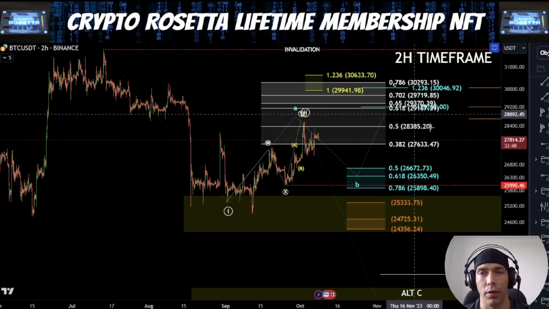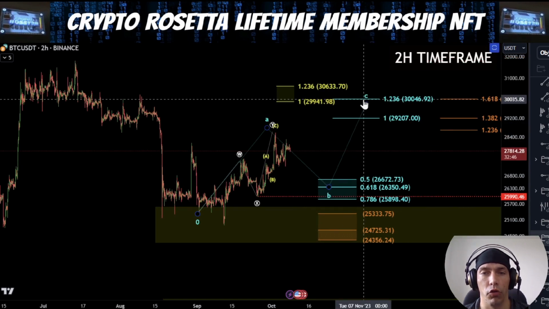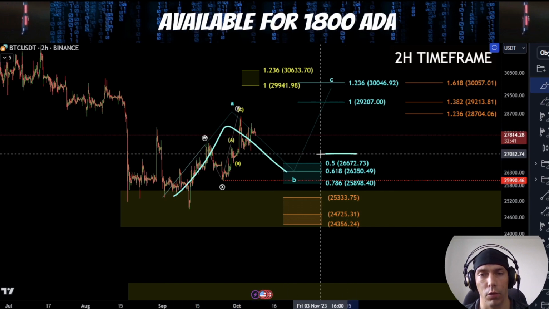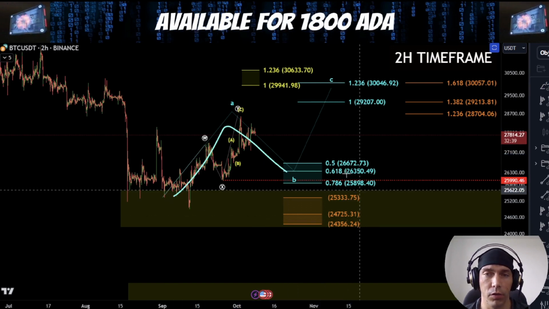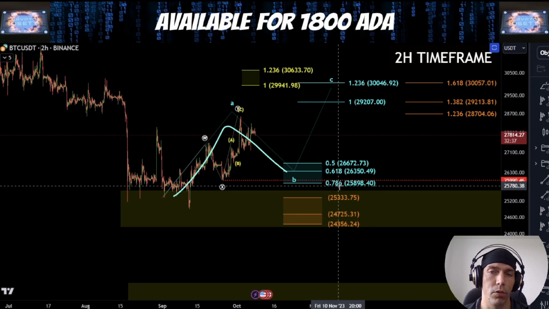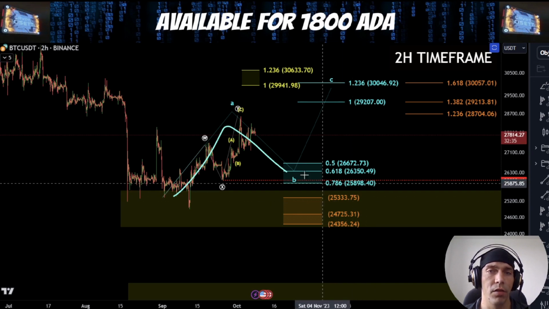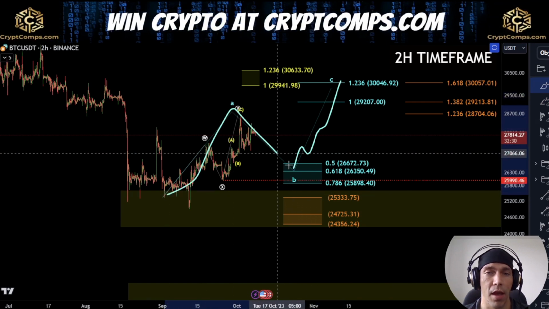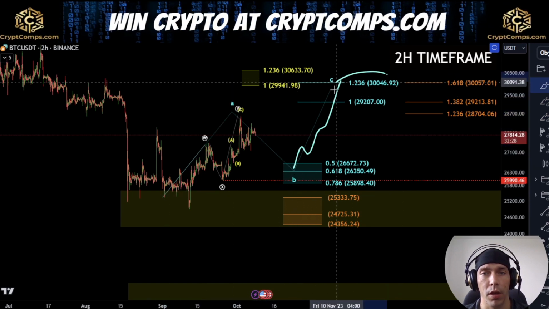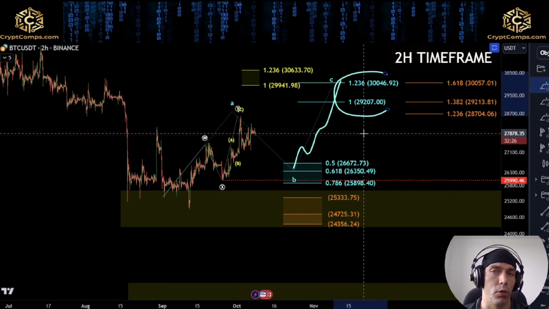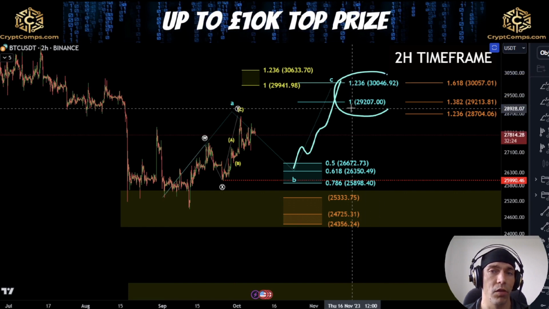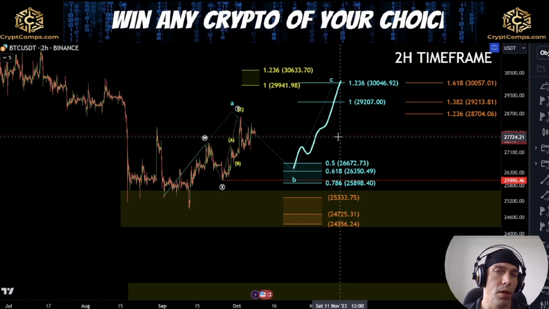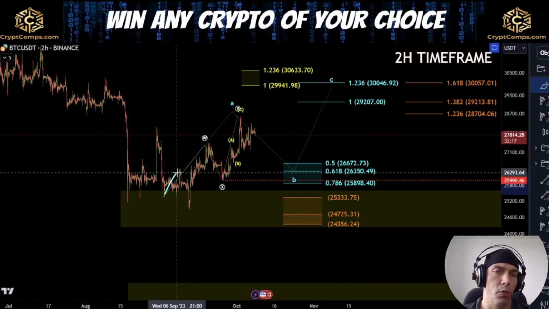We could see something like this and see price look to actually push up one more time here. If we do see price actually find support in this zone of this 50% to the 786, which would be 26,672 to this 25,898, we could potentially then see a 5-wave move to the upside developing, where this becomes A, B, and C, which could push us all the way up towards this 30,046 at this 1.236, or alternatively up towards this 29,207. So that would be looking at this just as a corrective move,